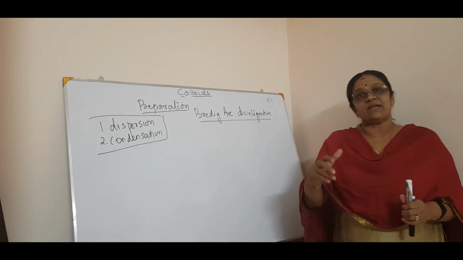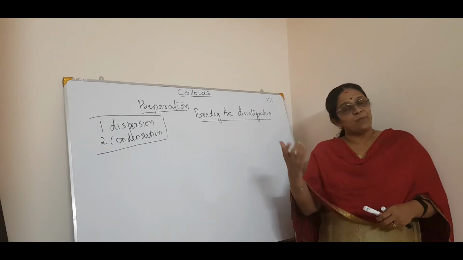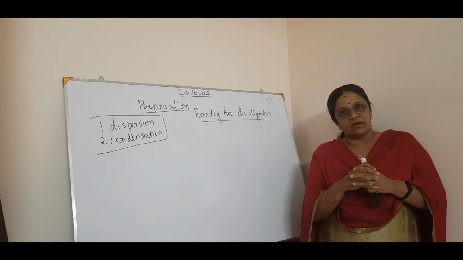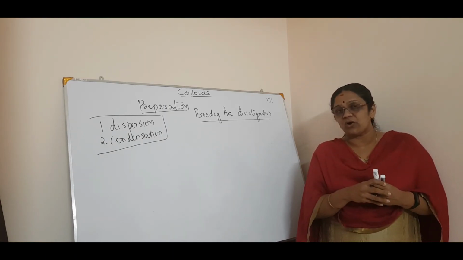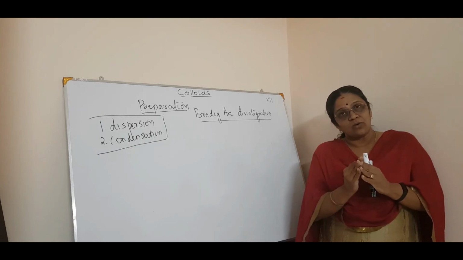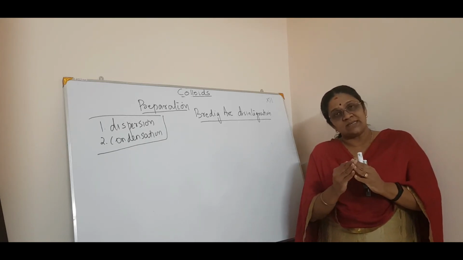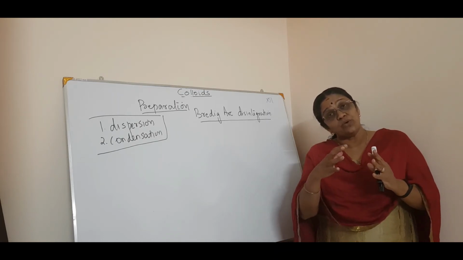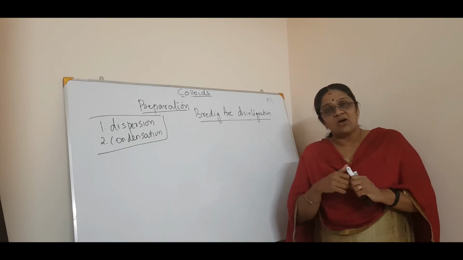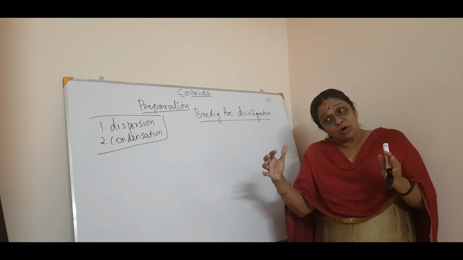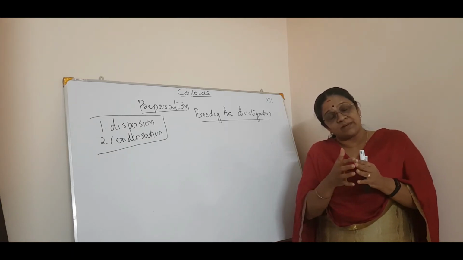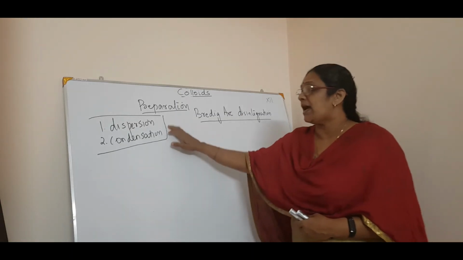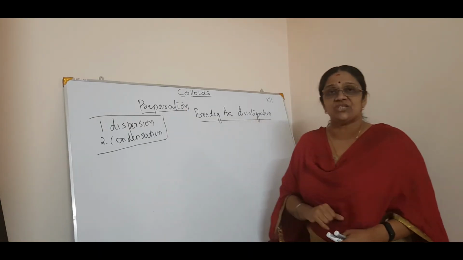Normally, sometimes only dispersion happens for making a perfect colloid. Otherwise, condensation happens, making a perfect colloid. For example, in the multimolecular colloid, it comes together. But in some cases, disintegration happens, that is, a large molecule disintegrates to form smaller ones, or sometimes smaller molecules come closer to form a larger molecule. But in this case, both happen: dispersion as well as condensation.